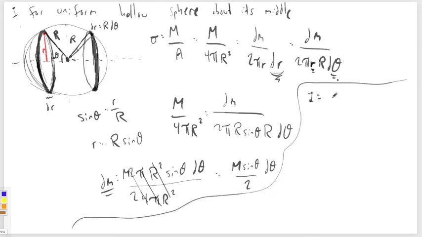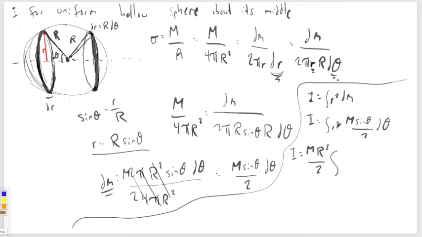I is equal to the integral of r squared dm. And I've just said that dm is equal to this. So I is equal to r squared times m sine theta over 2 d theta. I still have this little r in here, but I've already said that little r is big R sine theta. So my I is going to be equal to, I'm going to pull the mass out, pull the 2 out. I'm squaring little r. So I get big M r squared